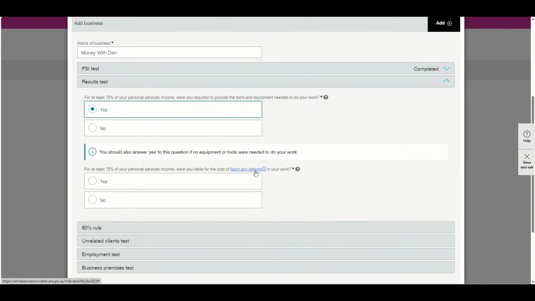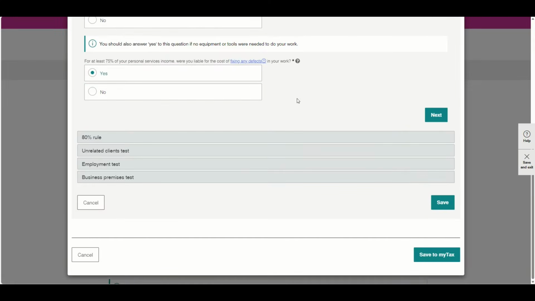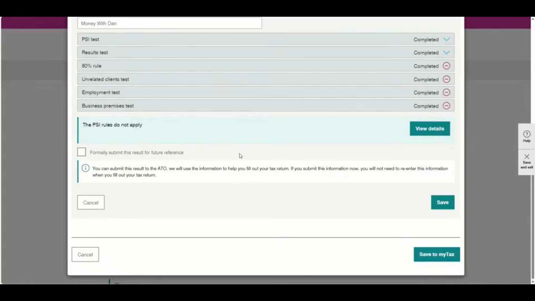So in my circumstance, my contract for commission does state that the commission paid to me is recoverable to the provider in limited circumstances, such as a breach of contract. Also, I do not get paid to answer any questions about the software post-sale. It's simply a referral. So I will select yes in this circumstance. Click Next. The PSI decision tool has determined that the PSI rules do not apply to me based on my